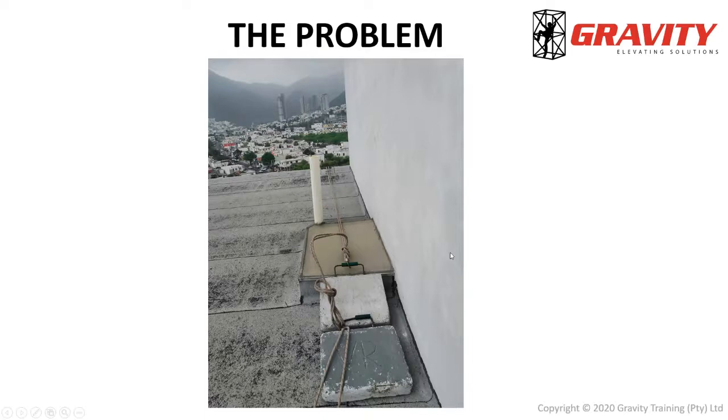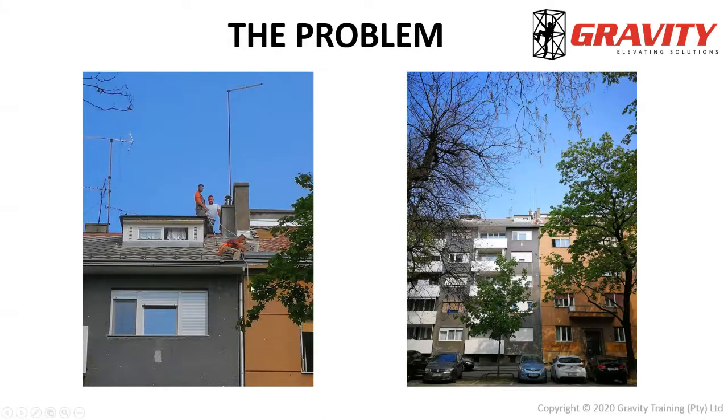All right. This one on the left-hand side, you'll see the guy, his two friends helping him out, keeping him safe from the roof edge while he's working in these gutters. Doesn't seem that bad until you get to the right and you see at what height he's actually working. Now, obviously, if that guy were to fall or to slip, that guy standing on a sloped roof won't be able to hold his weight, and then most likely two of them, or if not all three of them, will actually end up falling. So this is a great example of a worker not understanding the risks involved in work